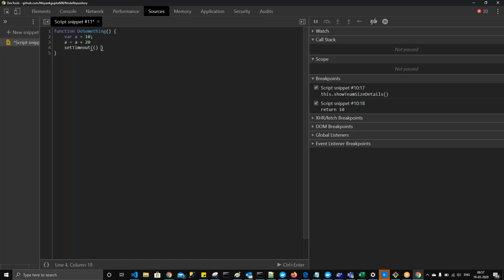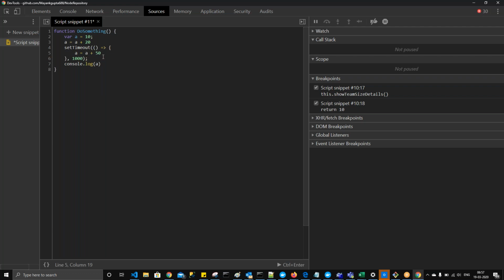You're having a function. This is called an arrow function in JavaScript. We'll talk about it in a while, but we'll just focus on concepts right now. And after the setTimeout, let's wait for 1000 milliseconds and put a console.log of the value of a, and let's set this value equal to a